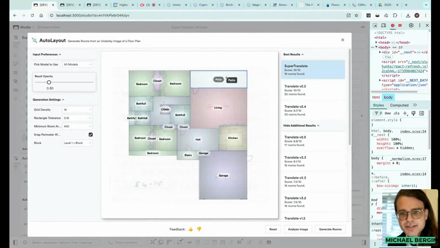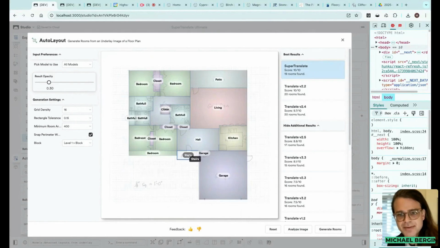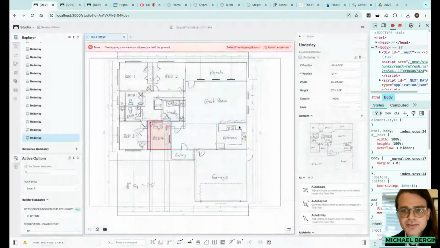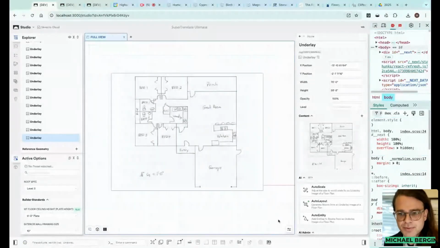And you can see that it did pretty well. I mean, it's classifying our rooms very well, understands that this is a kitchen and this is a garage. Some of these things, like these, maybe have some small stairs here, but there are occasionally mistakes that are made inside of the system. But the nice thing about the way that this is built is that after you generate those homes, so here I'll just go ahead and generate those, and we can see when that happens,